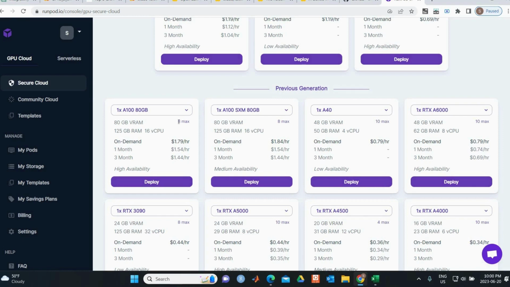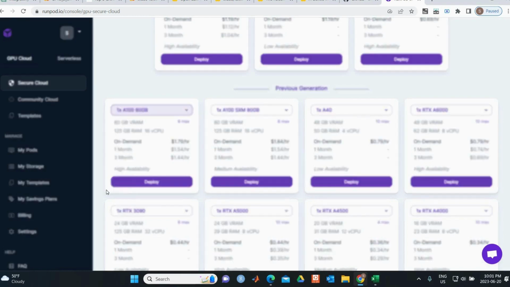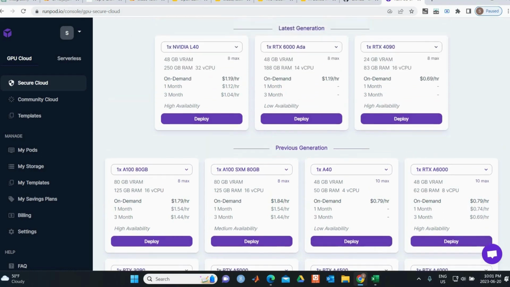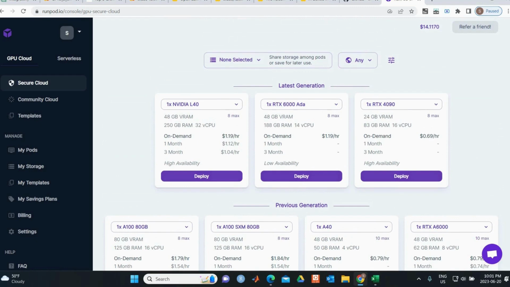Like you can change the GPU here. If you want to use multiple GPUs, you can select a different GPU here. But I ran this on a single A100 GPU with 80 GB of RAM. Remember that they said it requires something like 90 GB of memory. I think at least we don't have anything here with a single GPU with 90 GB of memory